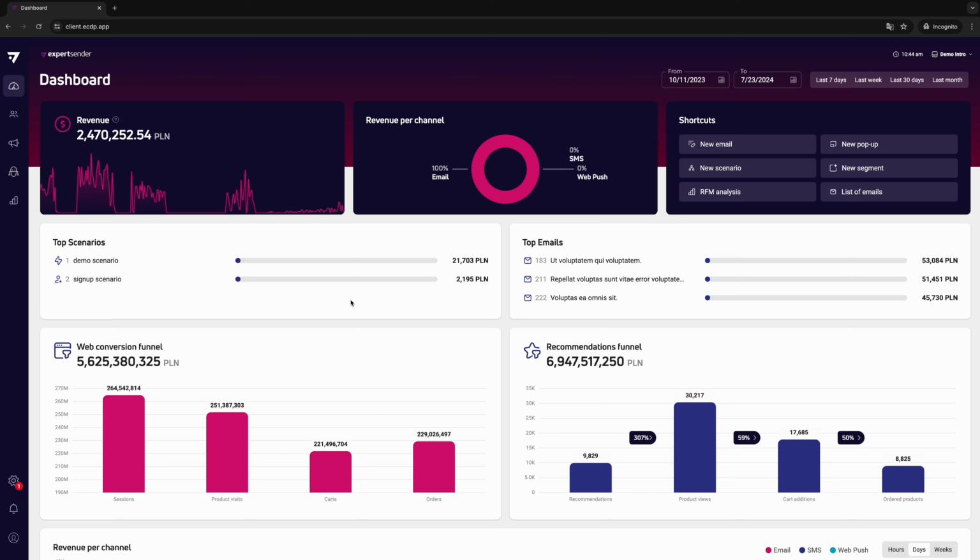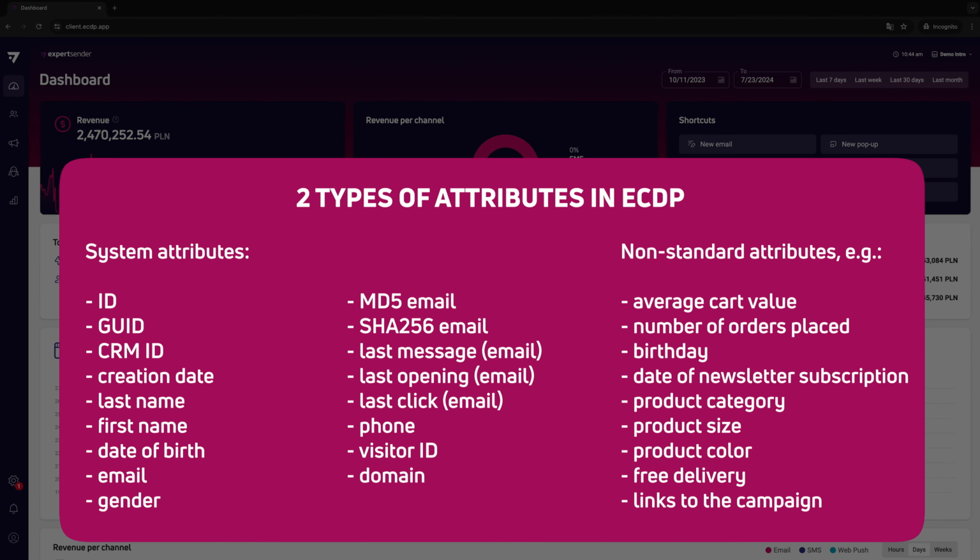In the ECDP platform, you can choose from two types of attributes. System attributes are built-in general customer characteristics, such as name, email address, recent activity, and total amount spent. Non-standard attributes are unique customer characteristics that you can define individually. Both types of data allow you to analyze group behavior in detail, create effective customer segments, and better target your